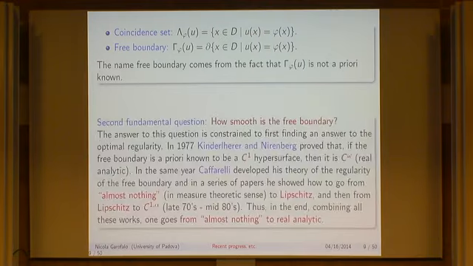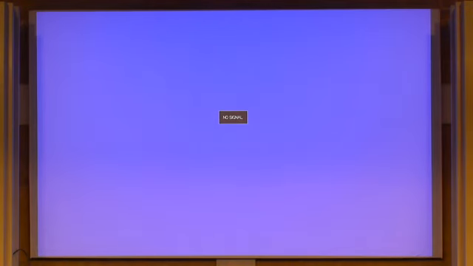All right, the second fundamental question is how smooth is the free boundary? The answer to this question is constrained to first finding an answer to the optimal regularity. However, in 1977, Kinderlehrer and Nirenberg proved that if the free boundary is a priori known to be, what did